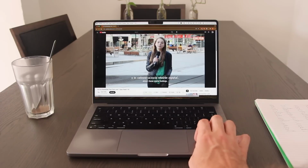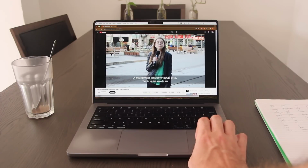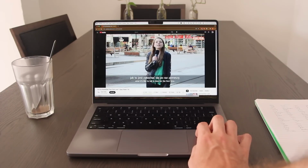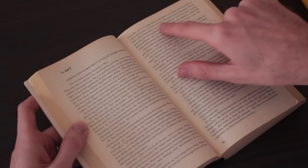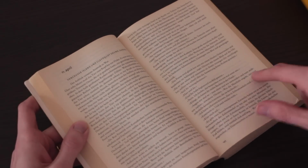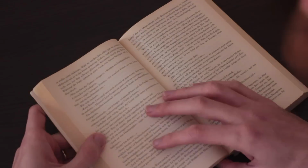This is watching a show with subtitles, trying to rely on visual cues and pausing as infrequently as possible. It's you reading a book that's just beyond your level and limiting yourself to looking up only one word every paragraph or every page so that you just keep reading. It's you doing the dishes while listening to a podcast in your target language, even as a beginner, where you're acclimating yourself to the sound of the language and you count it as a win every time you do recognize